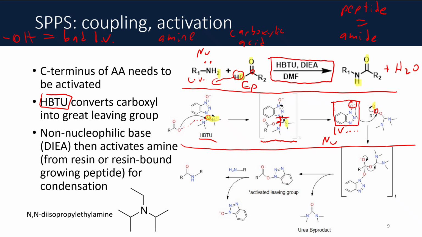and then it's going to come back down, which we see over here, and we have to break a bond to make room for it. The bond that we end up breaking is going to now be the one between the oxygen and those two nitrogen bunny ears, is what they look like. Because when we do that, we form a very stable urea-like byproduct, which is very stable and does not react, and once it comes off, it stays off forever, leaving us with an activated